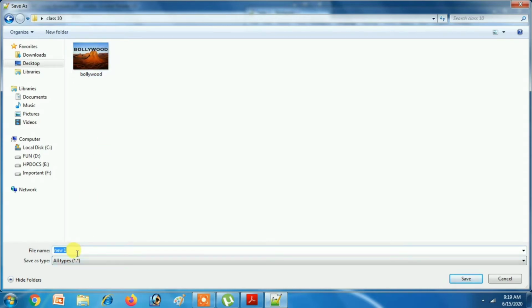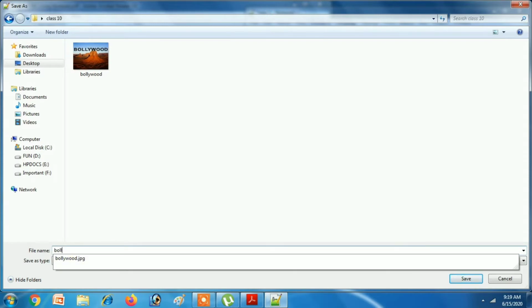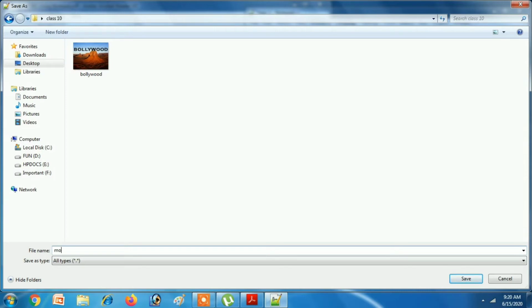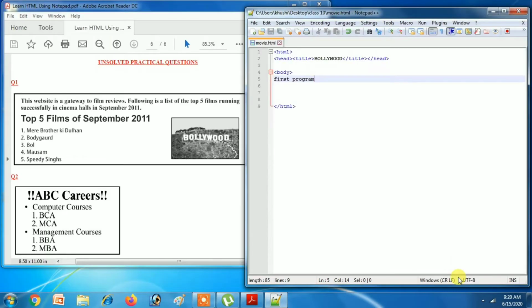The file name I will put is Bollywood, or simply movie dot html. Got it? You can either write htm or you can also write html. Both are correct. In place of movie you can write any name according to your theme, according to your program. And then after that you have to click on save.